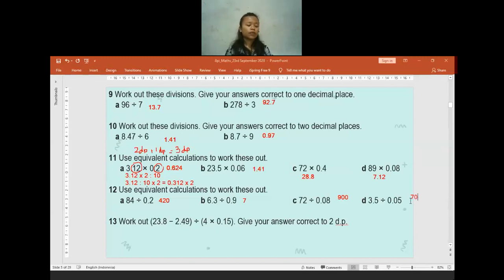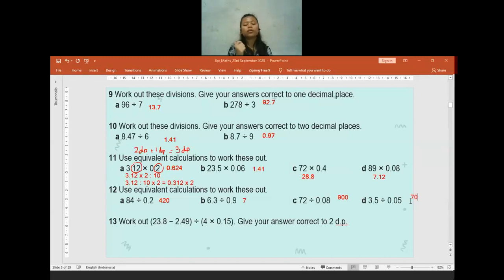Any question? If you have any, please kindly tell me. Do not keep being quiet. No? Okay. If you really have no question, let us move to question 13. We have this kind of calculation. If we have bracket, subtraction, division, multiplication, remember the BIDMAS rule. Later I will display all of the final answers, because if I go back to the previous slides, I don't think I will get back my previous annotation. At the end, after question 14, I have all of the answers. Later on, you can check it by yourself.